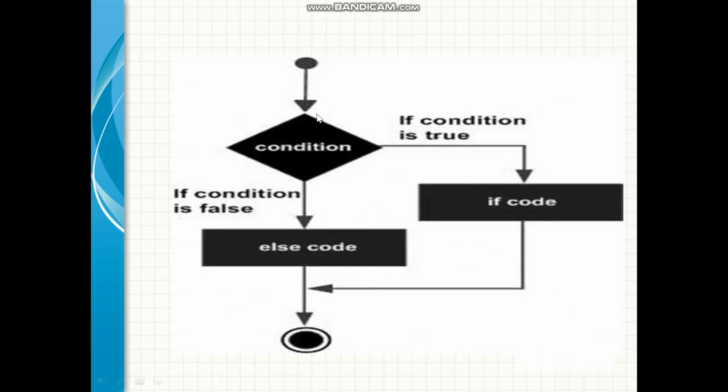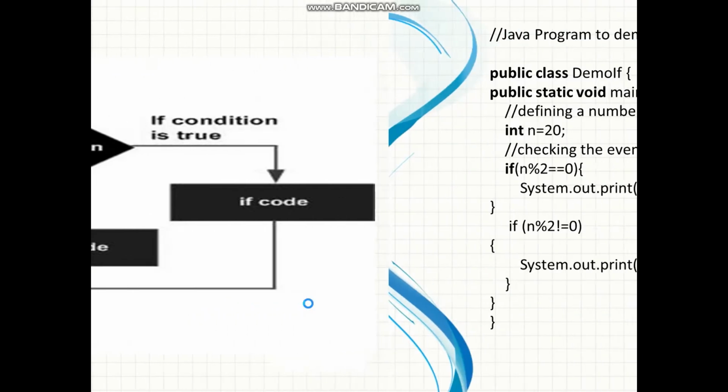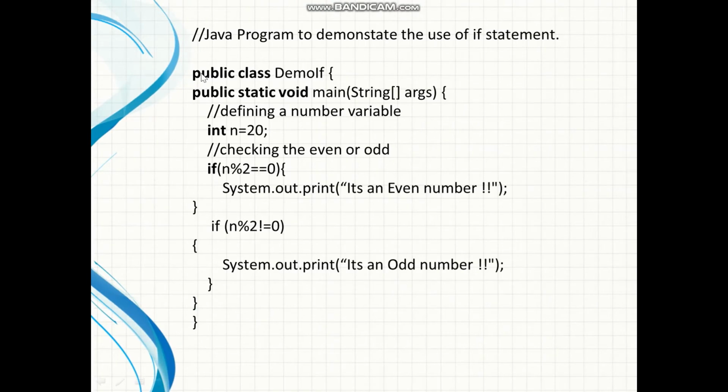So this is the flow diagram of the if then else condition. If this condition is true, then this should be printed, or it will go to another nested if condition. If this is false, then it should come to the else part, and either of them will be printed, and both will come out of the condition after checking it. Let's see the example here.